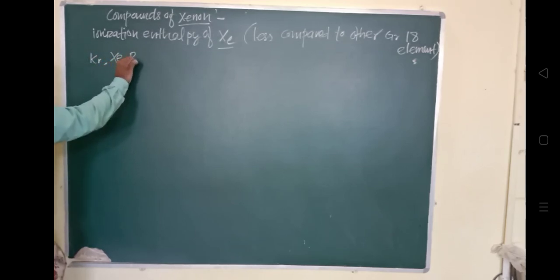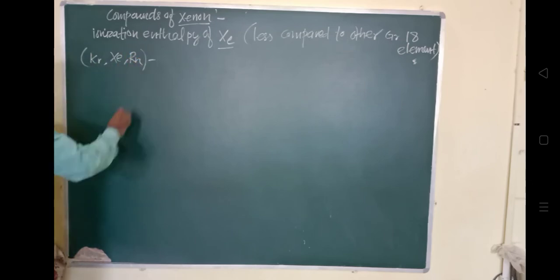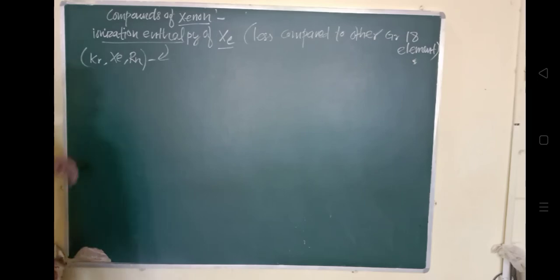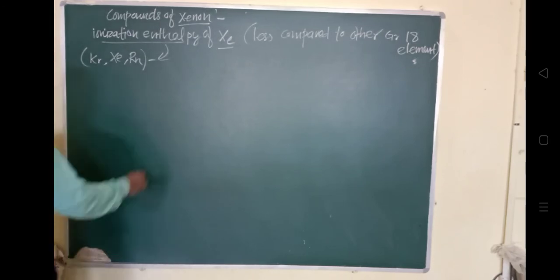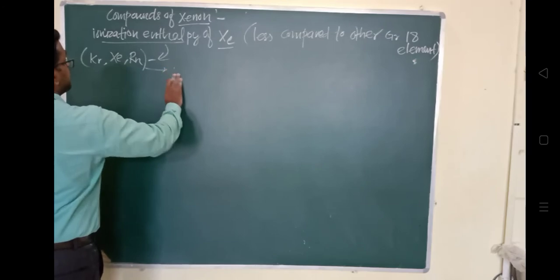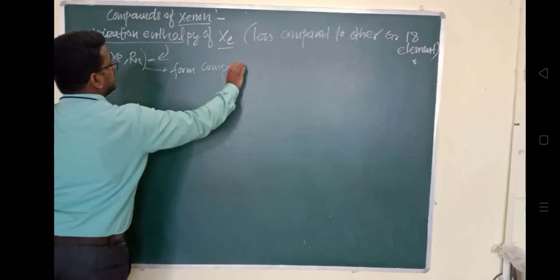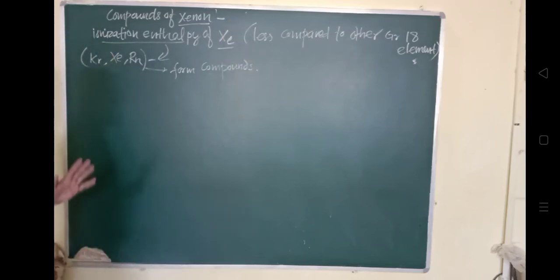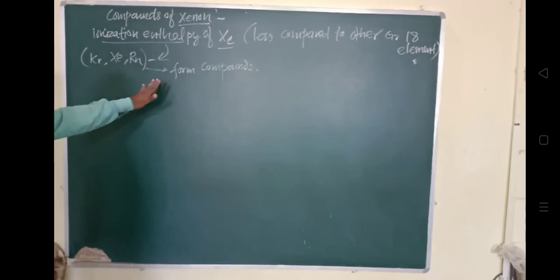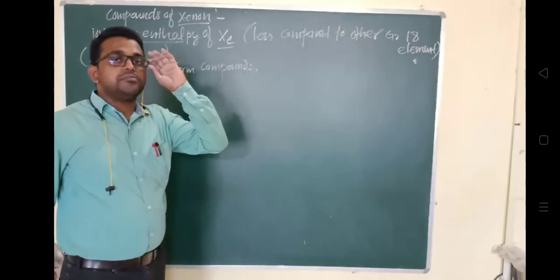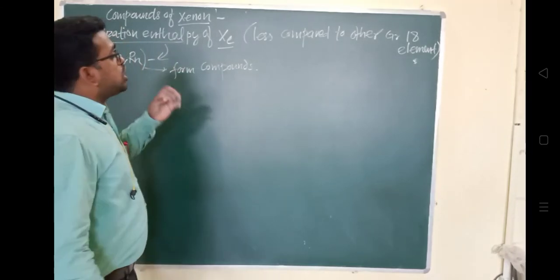So you have to remember this. Other group 18 elements are inert. Why are they inert? Because their ionization enthalpy value is very high, and as their value is very high, they are least reactive. But when we compare the ionization enthalpy in the case of xenon, krypton, radon, they have a lower value of ionization enthalpy, and because of this lower value compared to others, they are reactive, and they can form bonds.